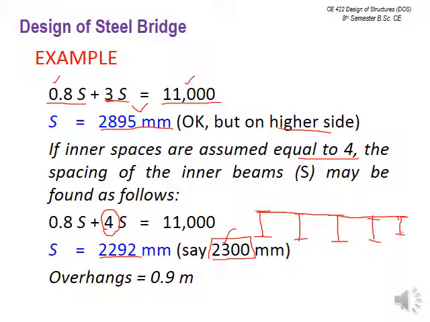So what we can do is place the lateral distribution by placing the vehicular loads equally on both of the sides. Okay, so for the interior girder, the design analysis will be easier, and the load distribution on both sides of the roadway width on the stringers will be the same. So we generally prefer this per the specification, but it doesn't matter, you can go for the even number also. We can design it anyhow, but preferably odd numbers are preferred. So we have checked the odd numbers, and those are good. We are getting a reasonable answer for the spacing, that is 2300 millimeters. Then comes the overhang. It's already given, it's 0.9 meter.